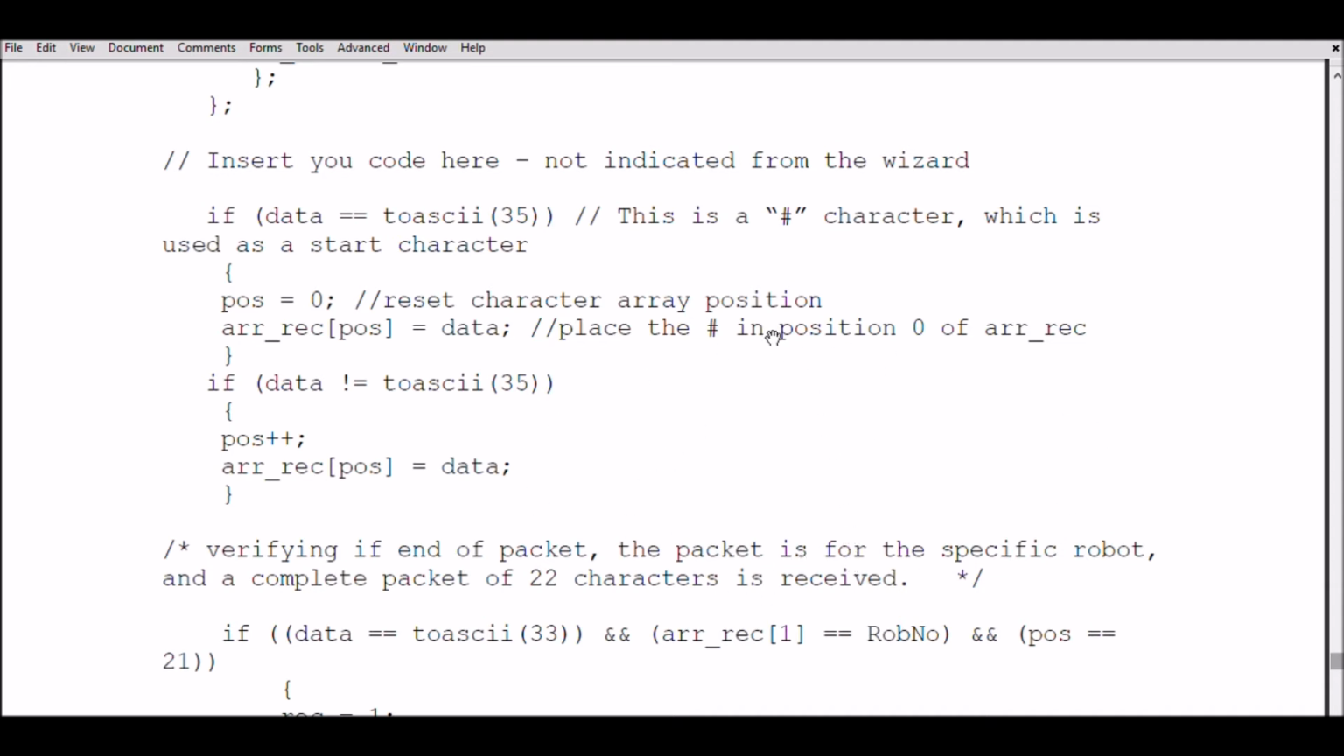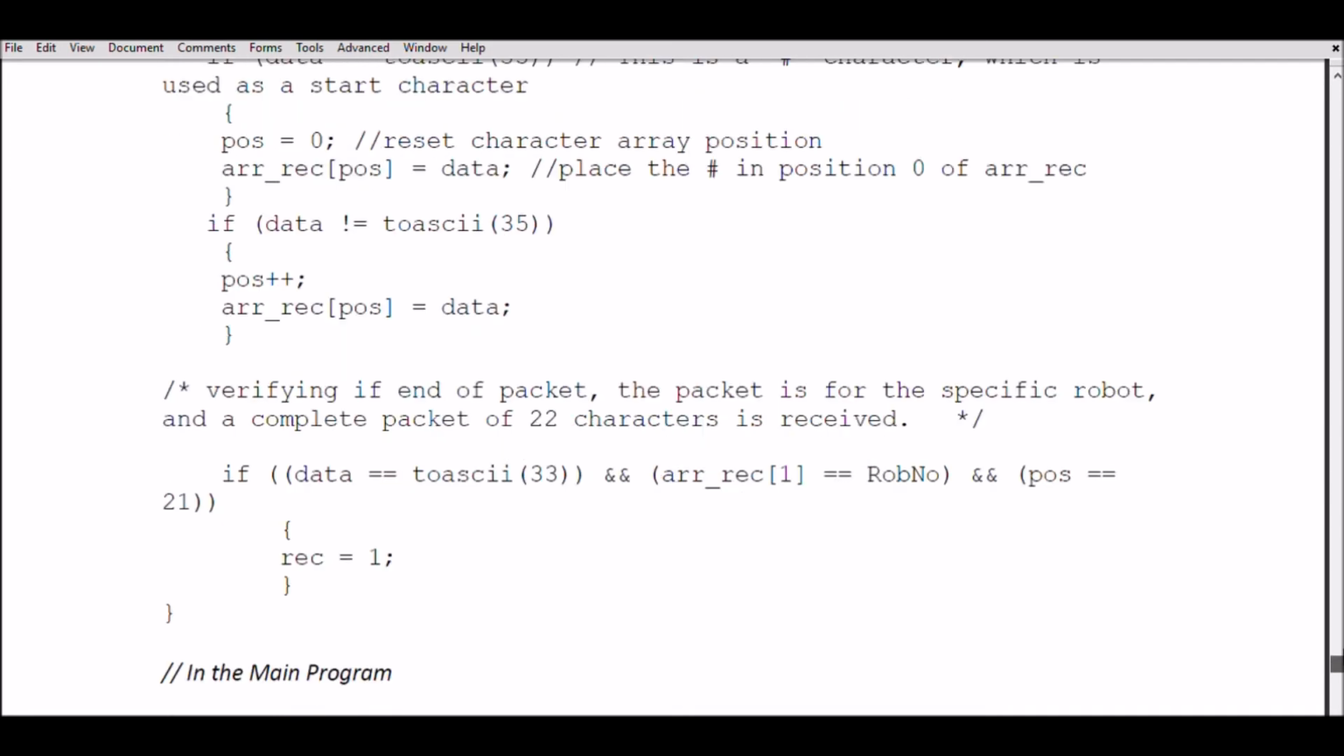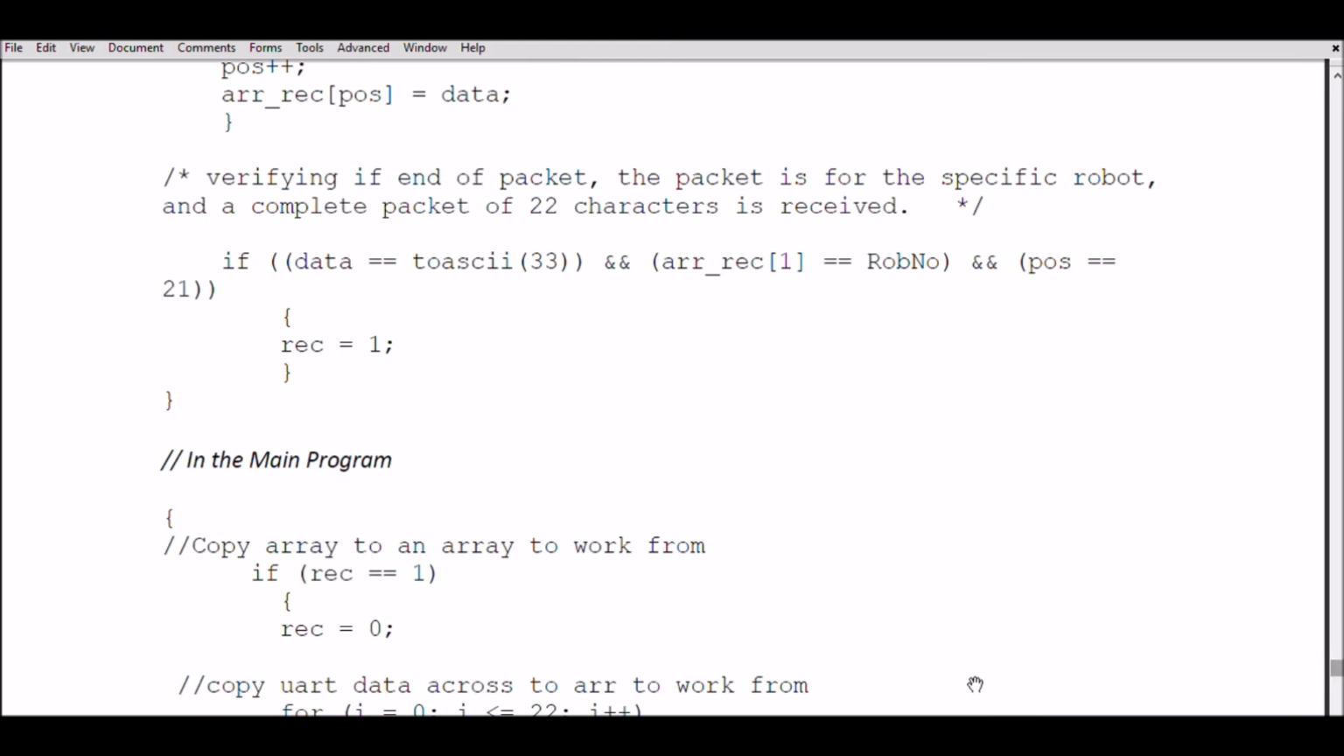So you want to minimize this code as much as possible so that your main code can go, and even if your main code had to stop, at least it's able to execute certain commands, even if you get other external interrupts that might be executed in the background. So the first thing I do is copy the array to an array to work from, because with all these external interrupts happening, you do not want this ARR_receive